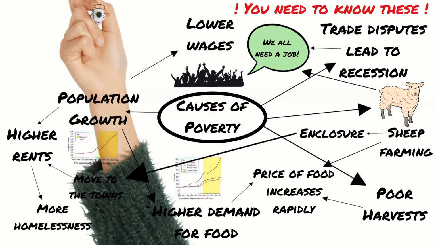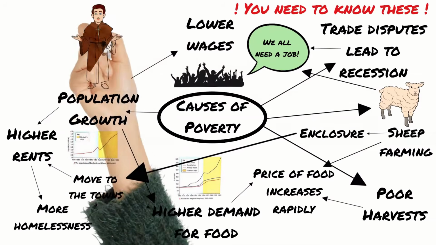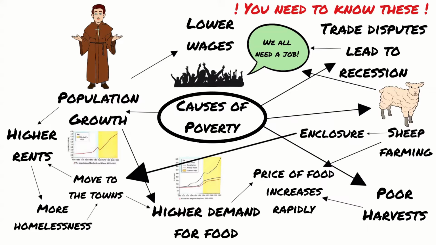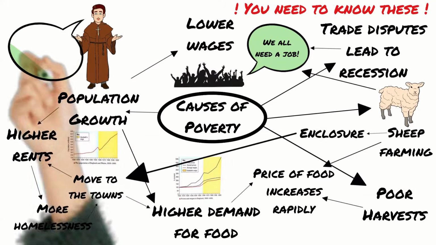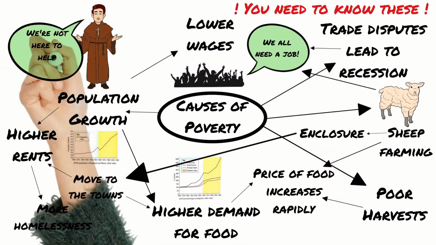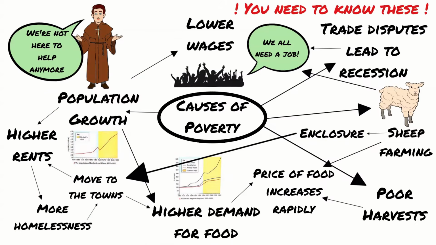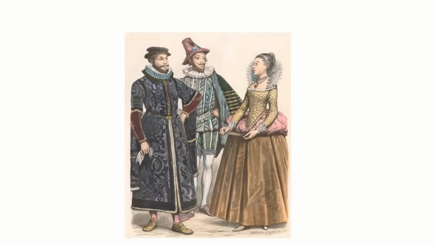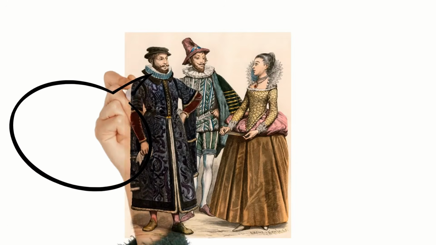This huge increase in the number of unemployed and food poverty was made worse by the closure of the monasteries under Henry VIII. Traditionally, these monasteries would have provided charity and support for the poor, but with them gone, the poor had nowhere to turn. The increase in the number of poor also saw an increase in the fear of crime. Many wealthy Elizabethans were afraid that poverty was driving a crime wave.